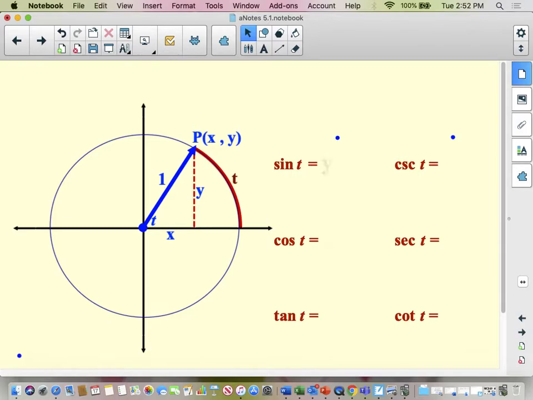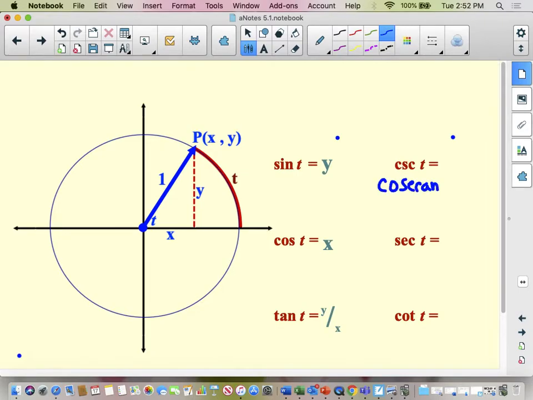So you know that your sine on the unit circle, your sine of any angle is equal to the y-coordinate. Cosine of any angle is your x-coordinate. And the tangent is your y divided by your x. Okay, now cosecant,